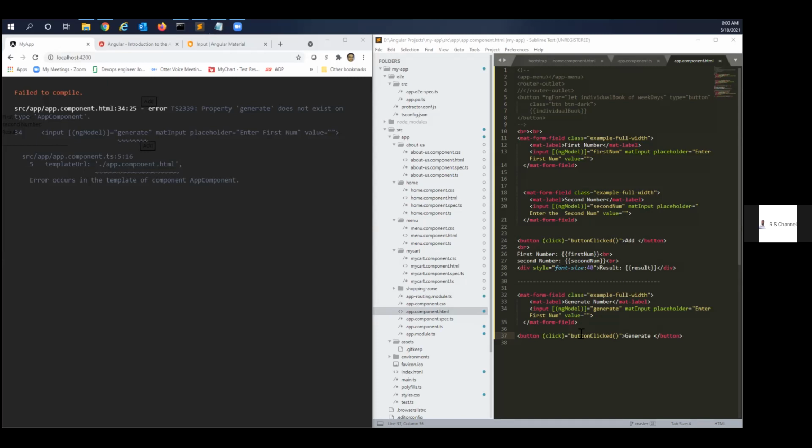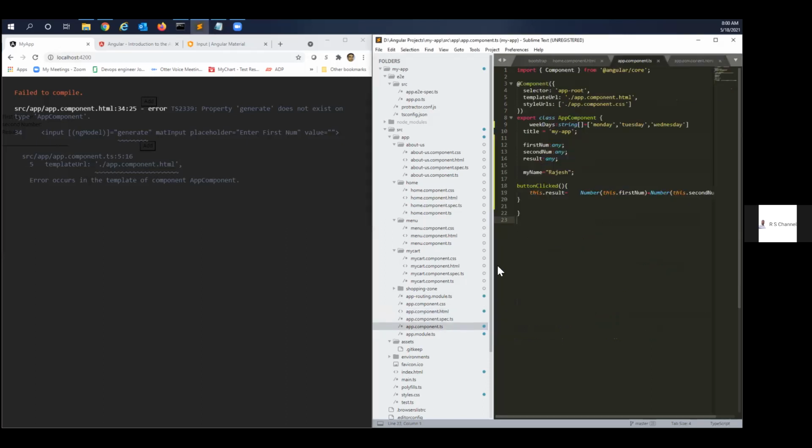Okay. The generate is not there in the TS file. This program code I'm sending you. You have given the HTML part already. The input you gave in the chat, if you can see, the button you gave. And in TS, this is the piece of code. Input ng.